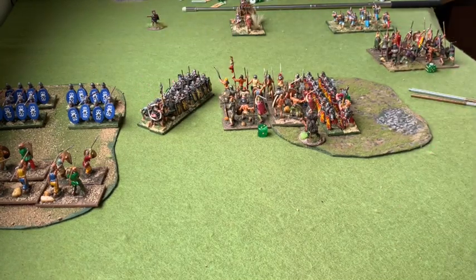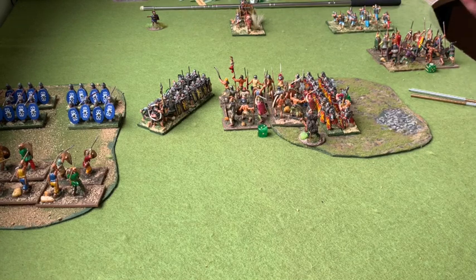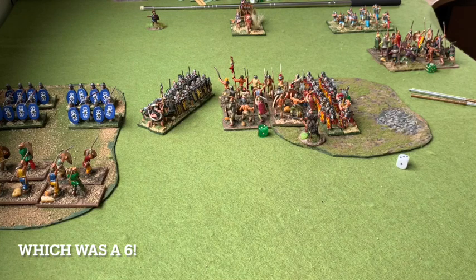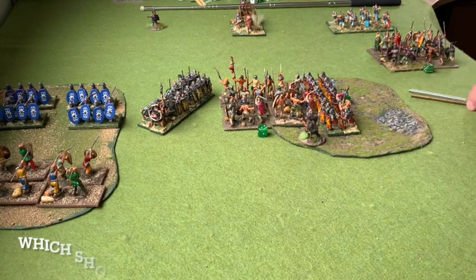The bowmen are going to open fire, or they could try and run, I suppose, but they're hoping that they will cause damage. So roll 3 dice, hitting on 4s. They've got 1 hit. Let's see if it's a save. No, it's not a save. So they've taken a hit,